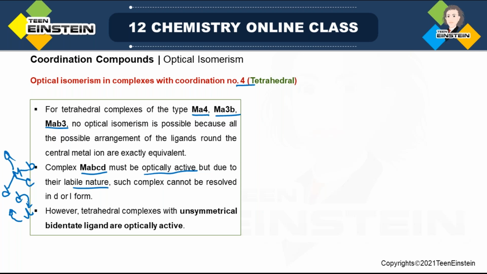So there will be an equilibrium. Ultimately their positions are not fixed, they are changing each moment. So after all it will be a mixture of D and L, and here we cannot resolve it. Fine. So though it is theoretically possible, practically it is not optically active. But if you have a tetrahedral complex where unsymmetrical bidentate ligands are present, then you can expect optical activity. Okay. Example,